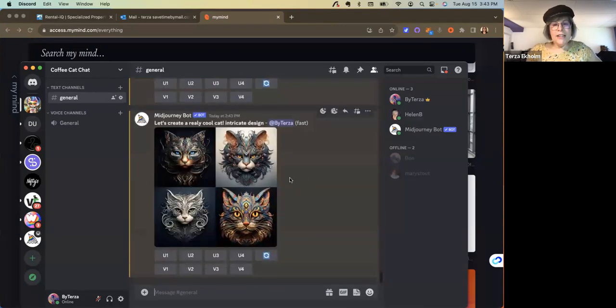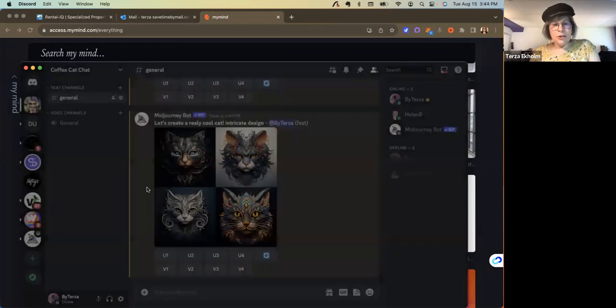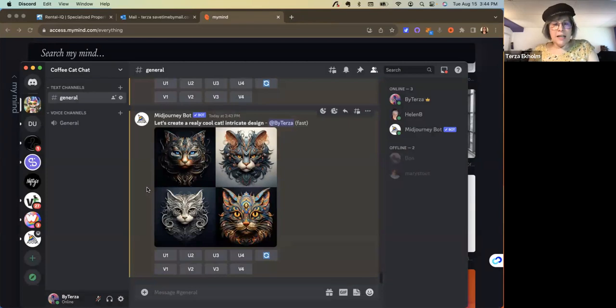If you come down here, I added "intricate design," and you can see it did exactly what I told it to do and created really intricate designs of these. All right, so just for grins, let me show you how I can save them to my computer. So if I click